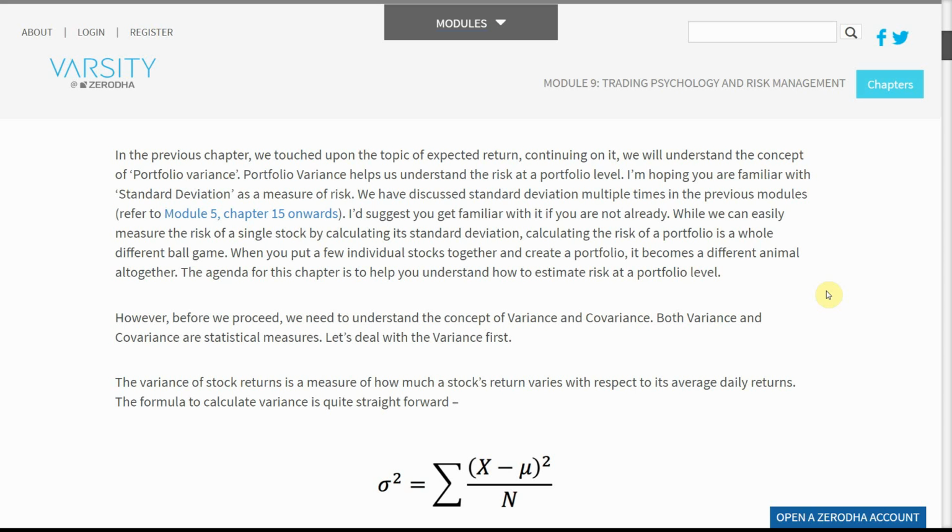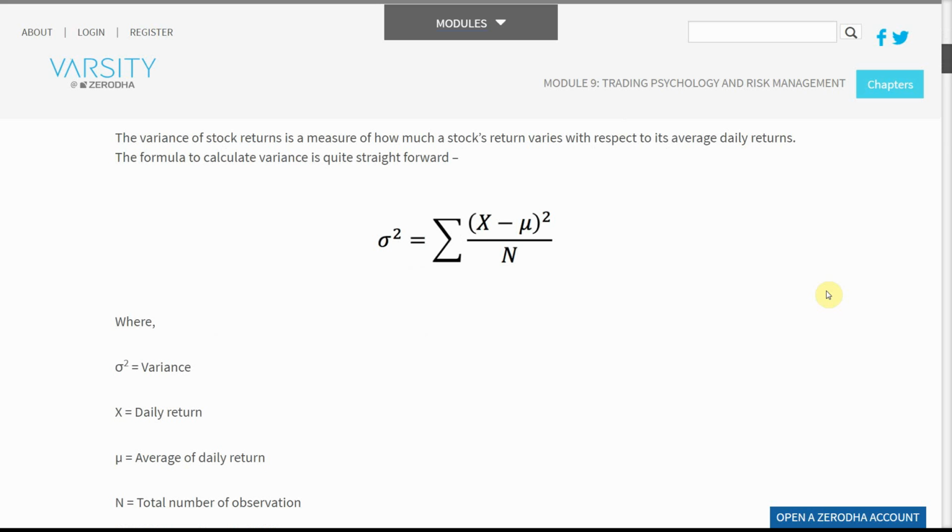However, before we proceed, we need to understand the concept of variance and covariance. Both variance and covariance are statistical measures. Let's deal with the variance first. The variance of stock returns is a measure of how much a stock's return varies with respect to its average daily returns. The formula to calculate variance is quite straightforward, where